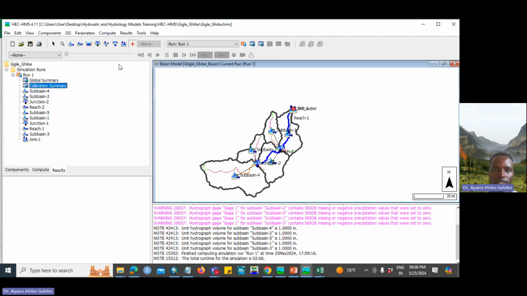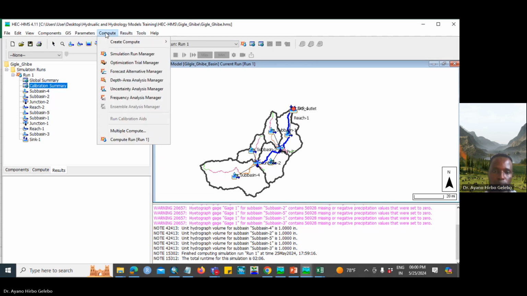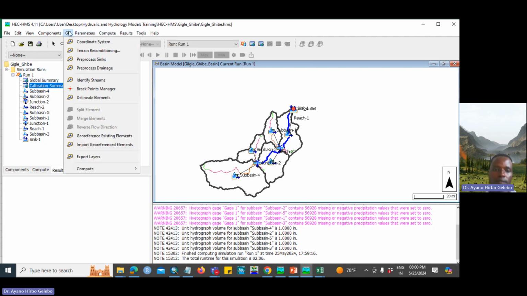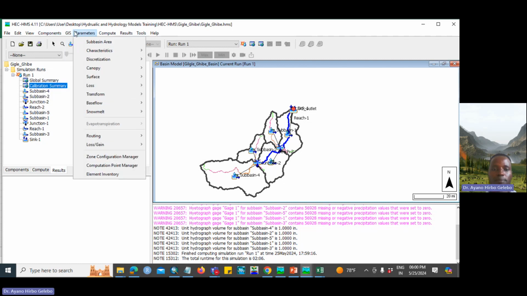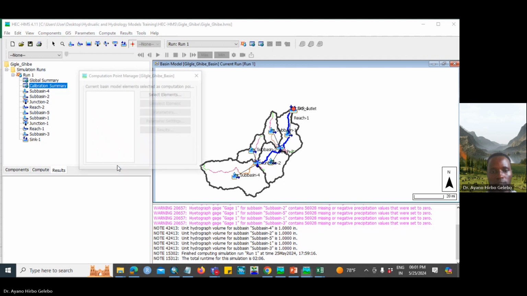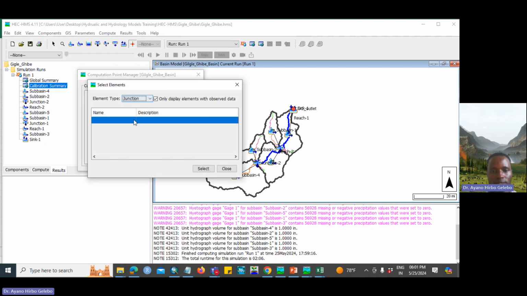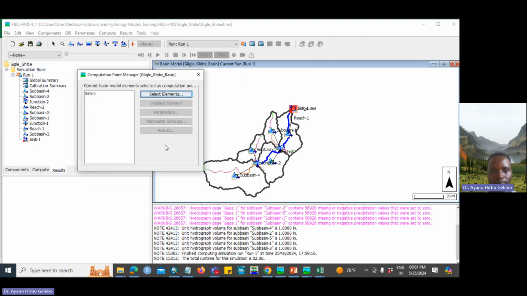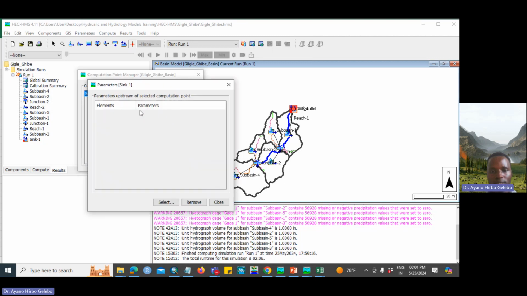So what you have to do, just come here, go to parameters. In parameter computations, you have to select the computation point parameter. Okay? Here, this one. Click on that and select the elements. So I'm going to select sink. Okay. Then back here, go to sink, then parameter setup. Okay. You already have parameters. So